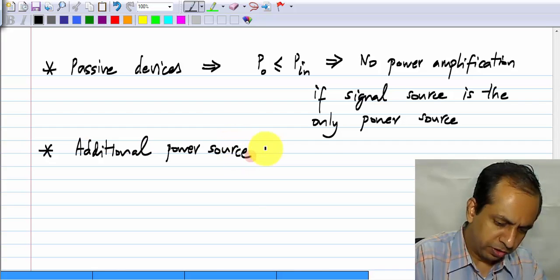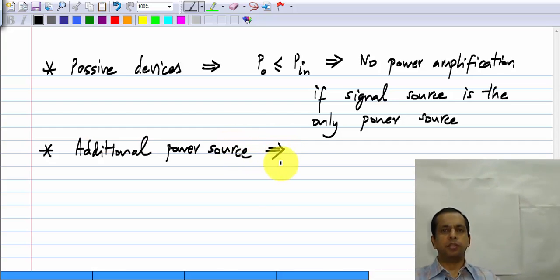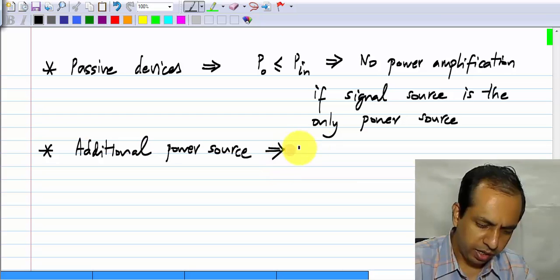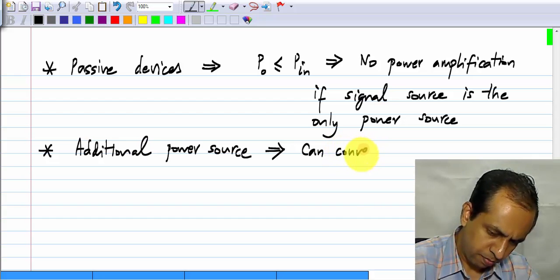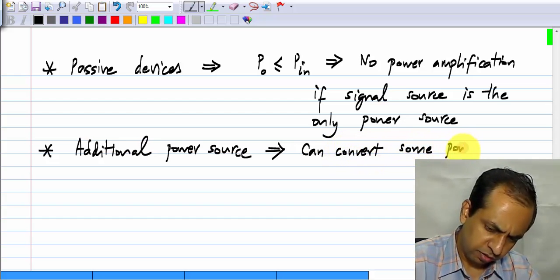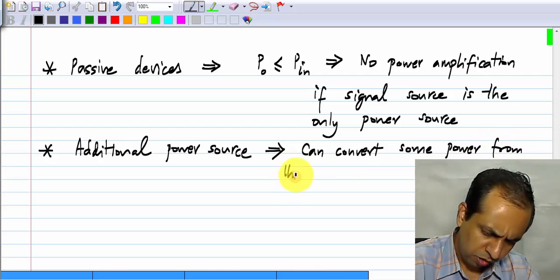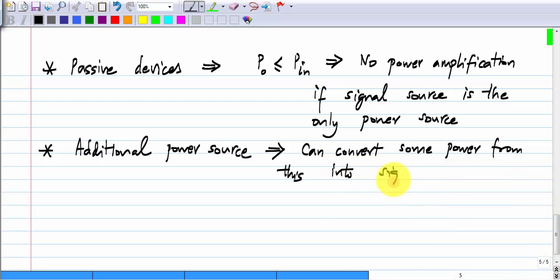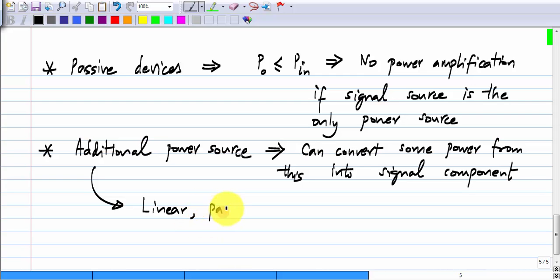So, the next idea is an additional power source. Now, this you know by experience. You know that all your electronic gadgets work with a battery. Why is that? Because you need amplification and you need an extra source of power. So that when you get a small signal, you can augment it with the power from the battery. That is the general idea, although you do not know exactly how it works yet. The idea behind this is, we can convert some power from this into the signal component. But this also does not work if you have a linear device,